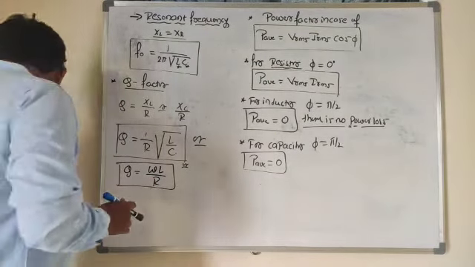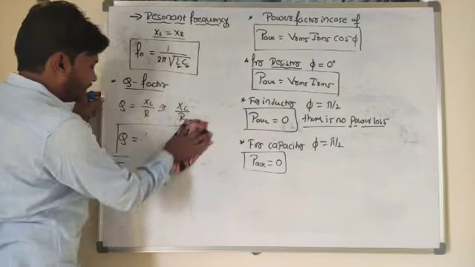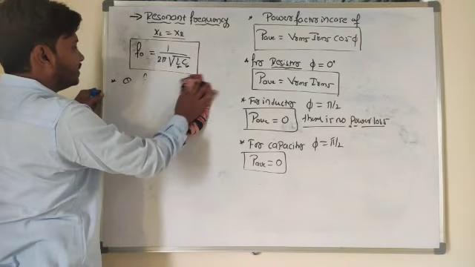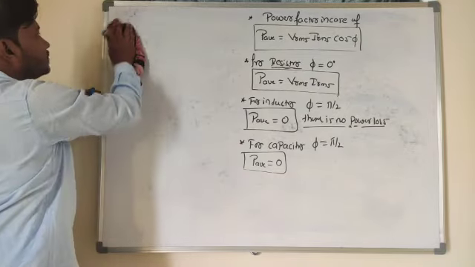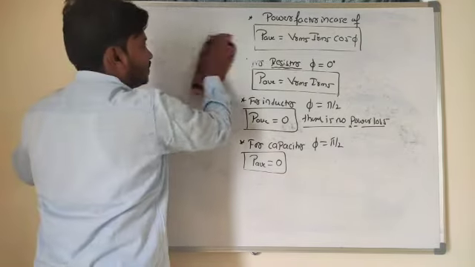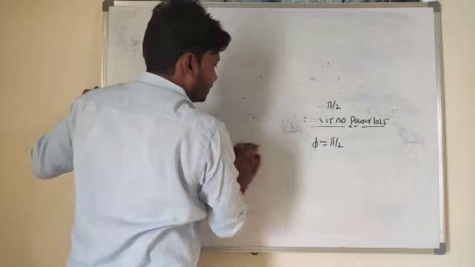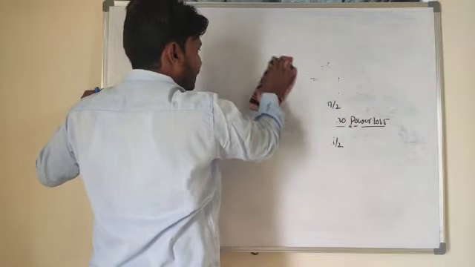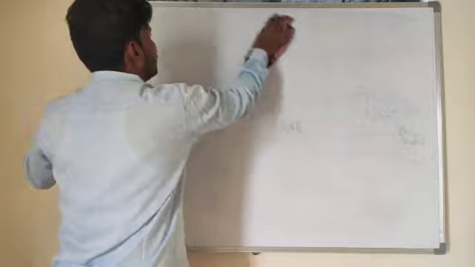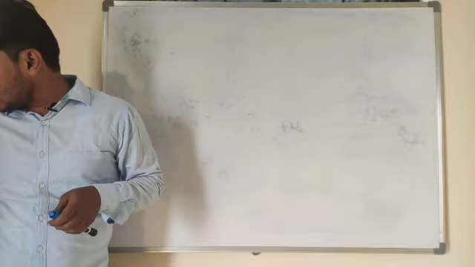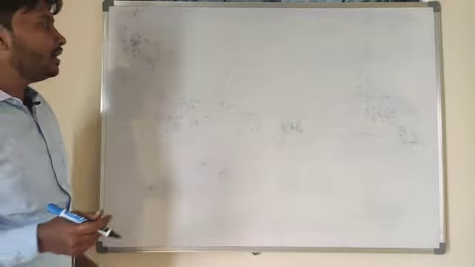So now in case of alternating current, for example, I need to step up or step down the signal. In order to step up or step down the signal, we'll use one device. That device is the transformer. So what is that transformer here? A transformer is a device which is used to step up or step down the alternating voltage. On which principle does it step up or step down the signal? It works on the principle of mutual inductance.